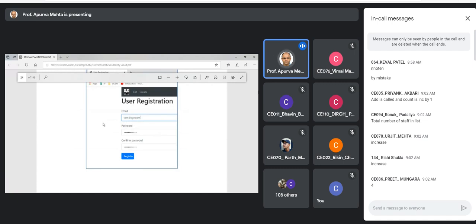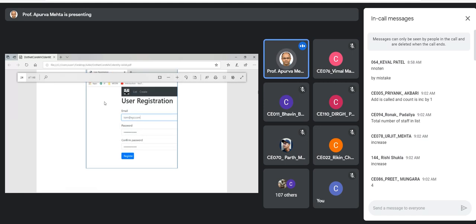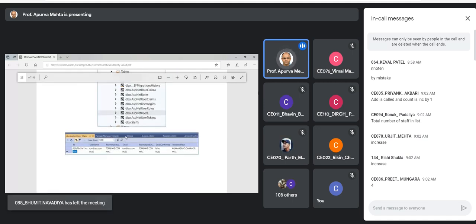So now you specify the email, you specify the password, you specify the confirm password. When I share the application where all these things have already been done, you need a password. In the slide's notes section, the password is also available, so you can use it. Now as the registration is successful, you will see that in the AspNetUsers table, we have this entry: the ID, username, email address and the password hash.